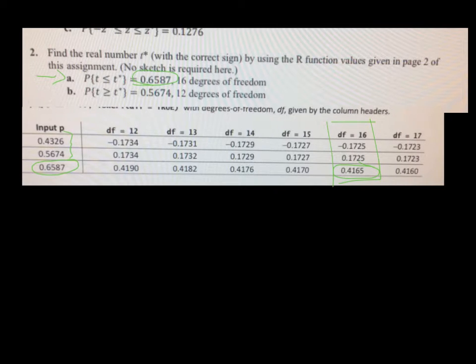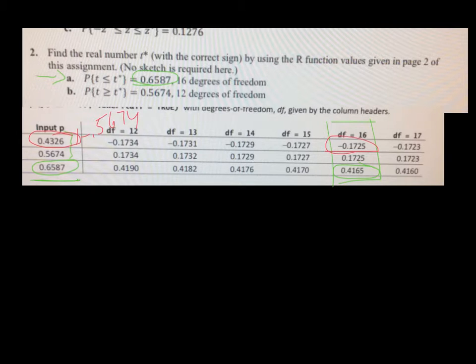I would almost say that because this one was the positive, I would have to take a guess that this one would be the negative because it's 1 minus 0.5674. And then it gives you, with 16 degrees of freedom, the negative 0.1725, which is the negative probability. I don't know. That doesn't really make a whole lot of sense in my mind, but with the numbers that you're given,